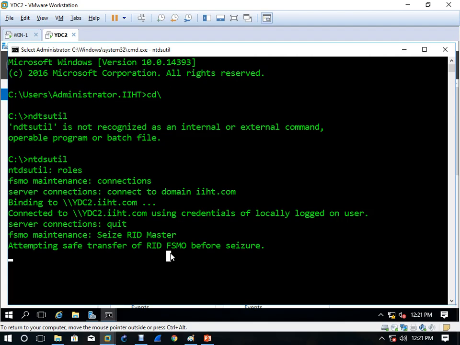So this lab is how to seize the FSMO role when the DC is down.